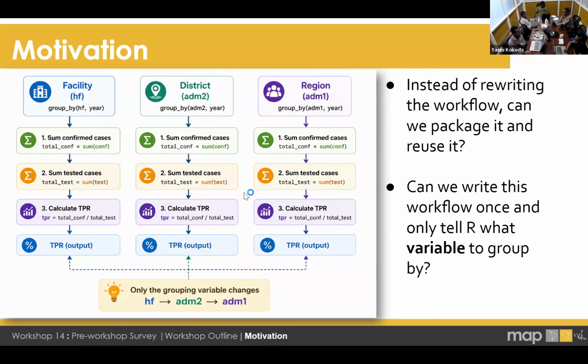The only thing which is changing is the grouping variable, in this case HF, admin 2, and admin 1. So we need to find a way to write this workflow, or block of code, and then change the grouping variable so that we can apply it at different levels of analysis.